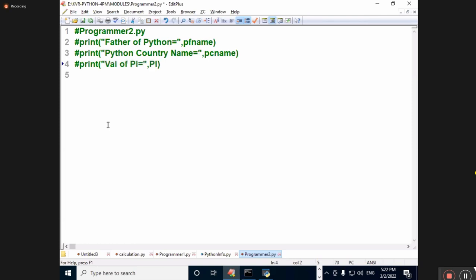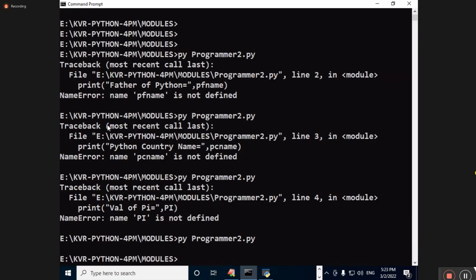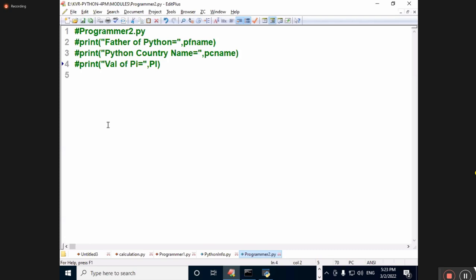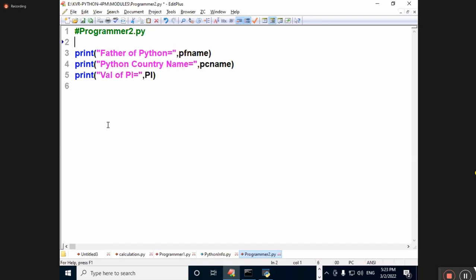What are you doing? I am not able to access any of the variables of the other program in this program. You execute, see, nothing is coming out of it. So today I want to use it or not? Come on, I say all these things I want to use it. Come on, students. Import